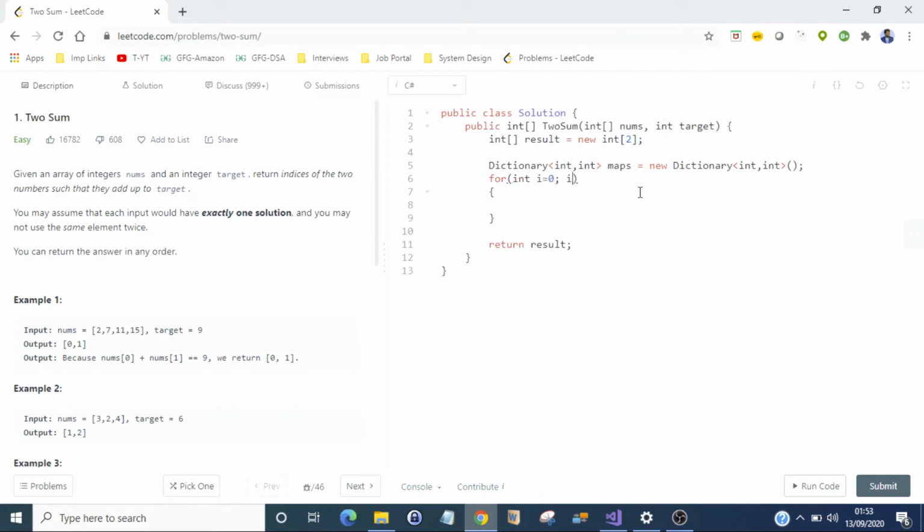For i equal to 0, i less than the size of the array, if map dot contains key target minus nums of i, then we got the pair here.